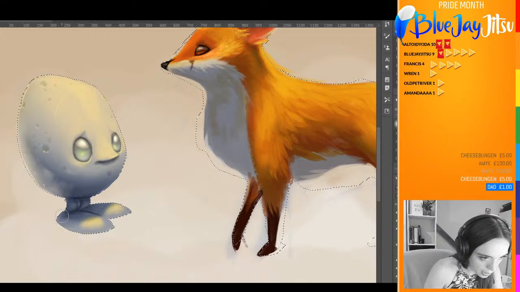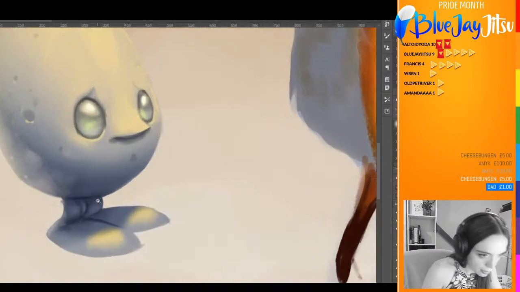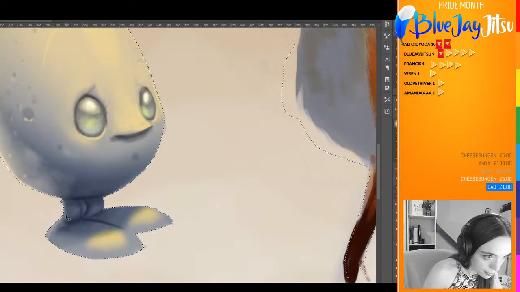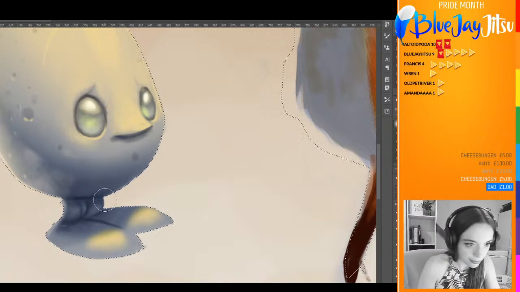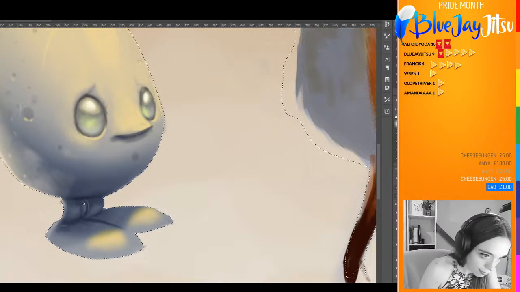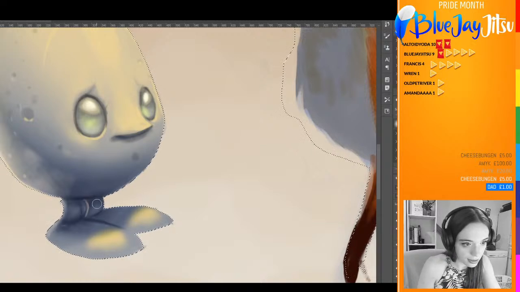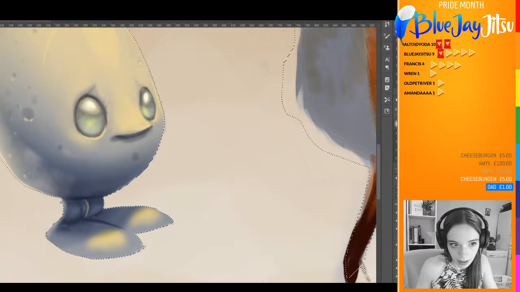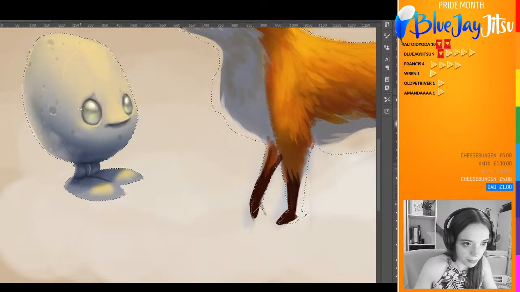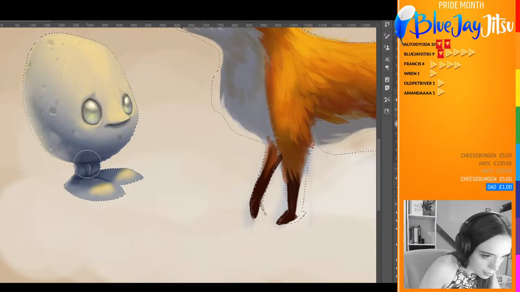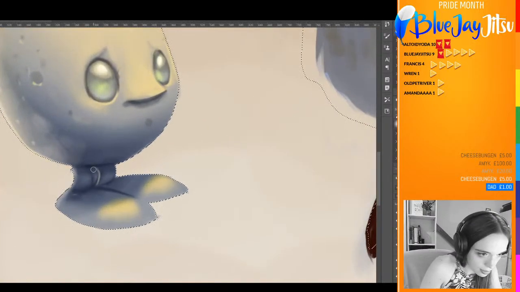And also on the back of the legs. Like this. And that means that I'll probably erase